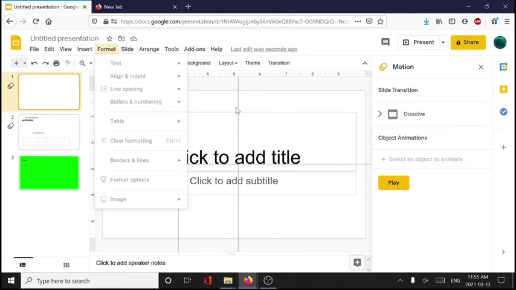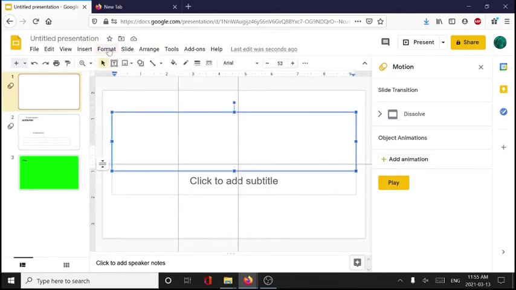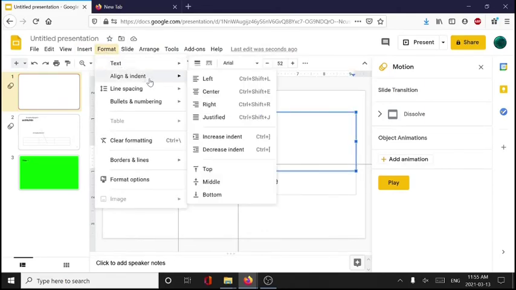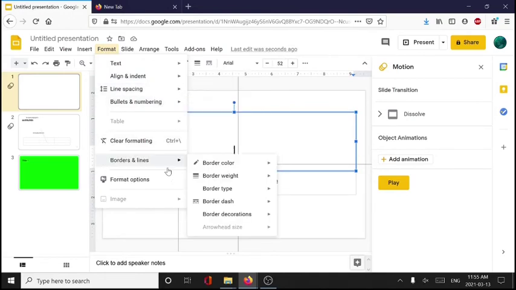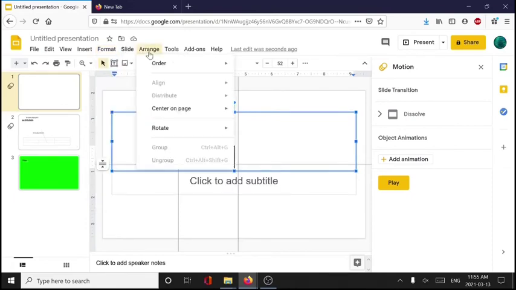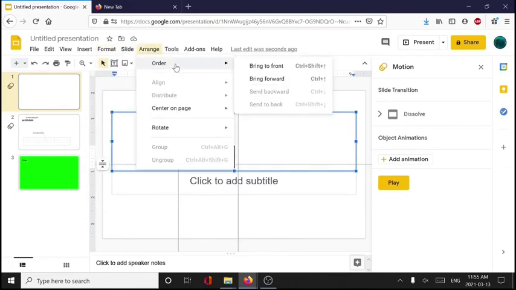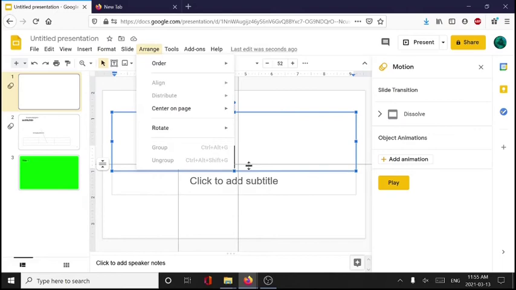Format is pretty nice, except format is the same thing. Text, align, indent, line spacing, bullets, and numbering. Formatting borders and lines. This thing. Slide I've already gone over. Arrange is order. You can bring to front, bring forward, send it back. That thing. There's align and distribute things, center on page